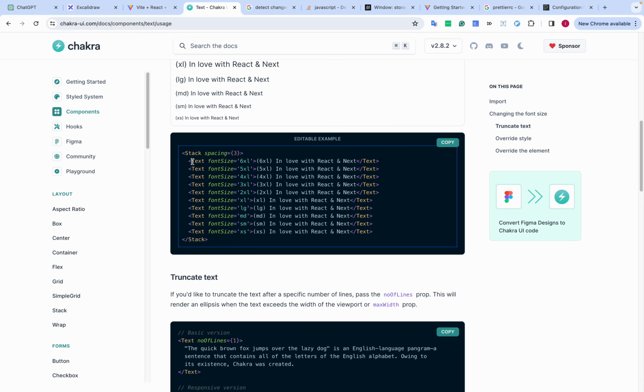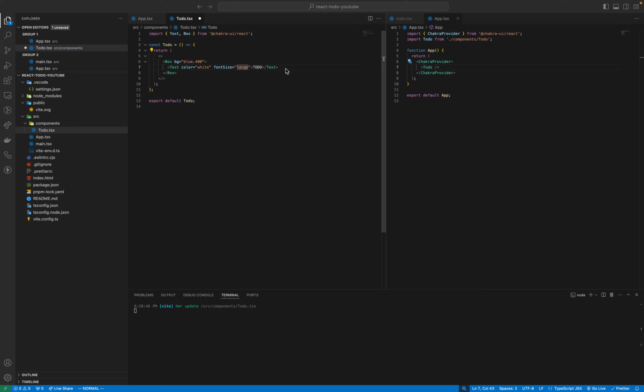Okay. Maybe I think we need to refer to this sample code. So large, LG, not large, LG,